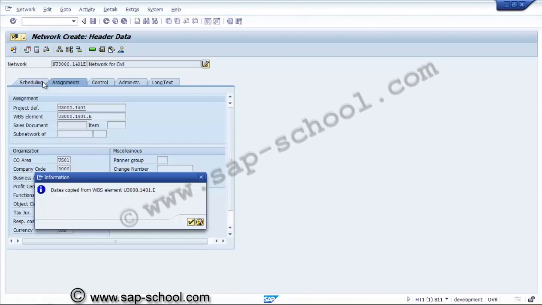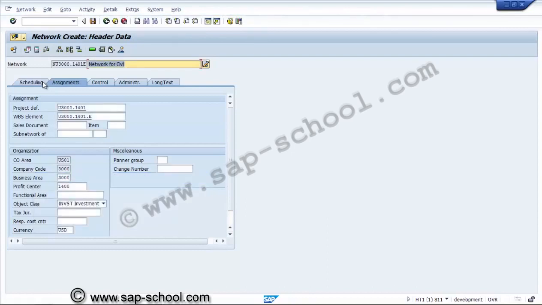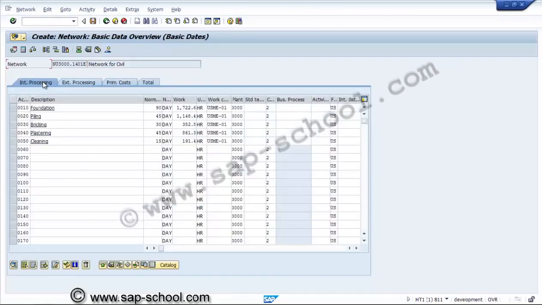Now the remaining settings are also copied from the profile. Now we can see the activities that are copied from there. If required we can keep the activities if they are similar, otherwise we can change the activities.